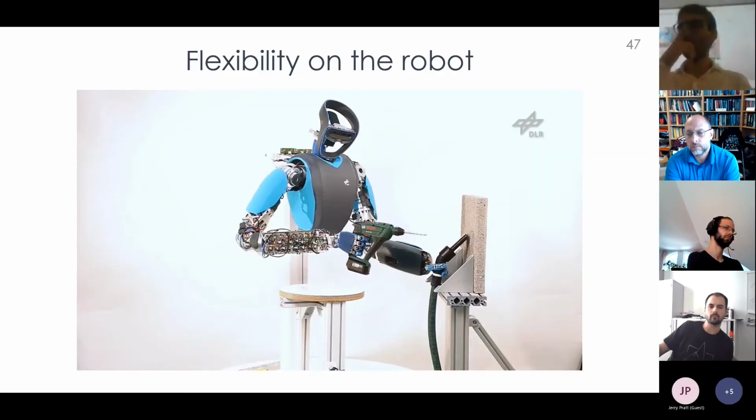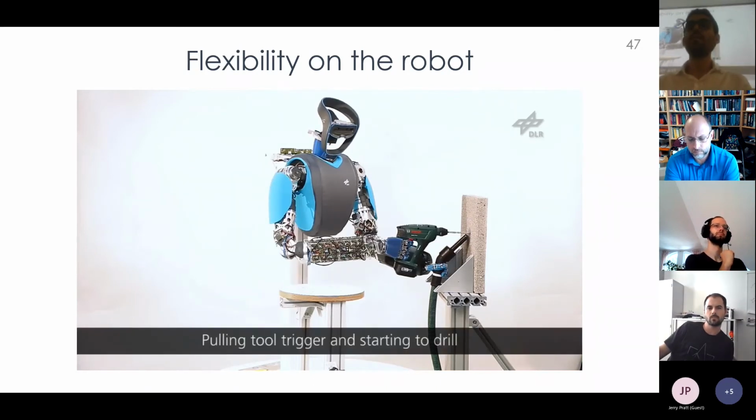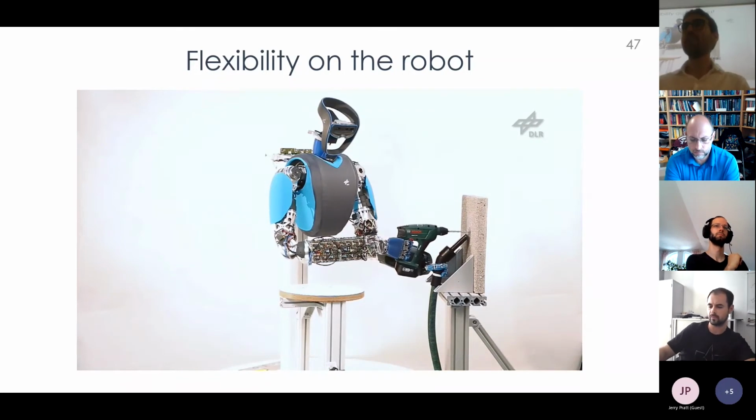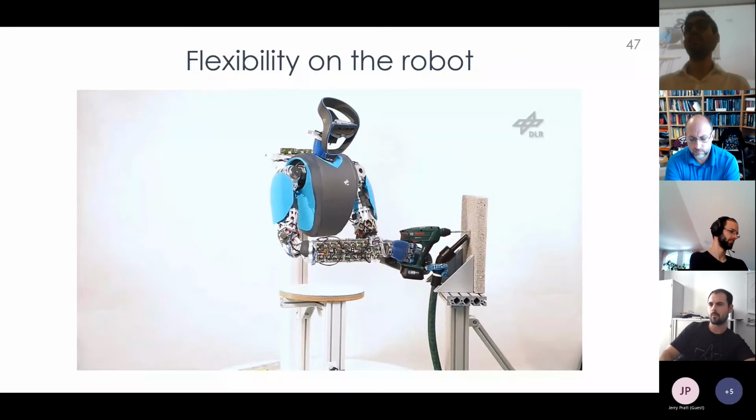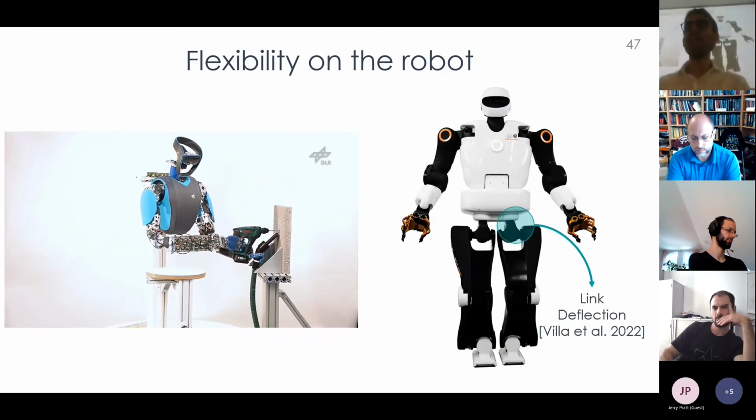So the flexibility on the robot is actually something that is not new, because this robot here, called David, is a robot of DLR that has a variable stiffness actuator, and thanks to that is able to safely interact with the environment. The other kind of flexibility is the link flexibility. Regarding link flexibility, Villa in 2022